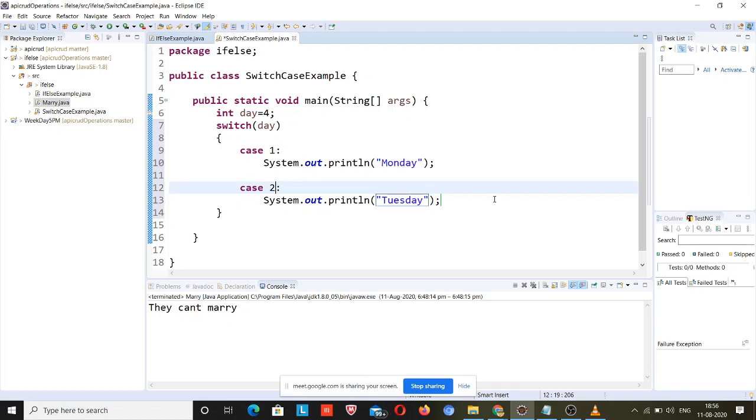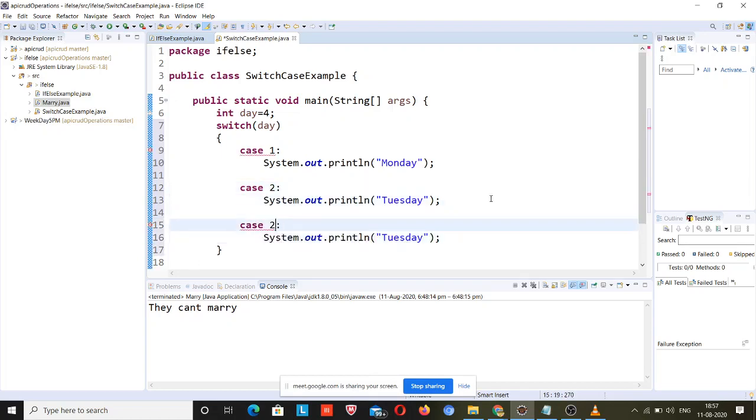You guys can complete this program later on as per your assignment. Case 3, Wednesday. I hope that you guys are coding parallelly with me. If not, then it is a problem.